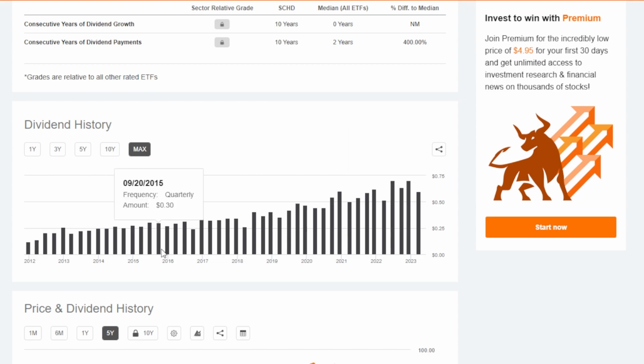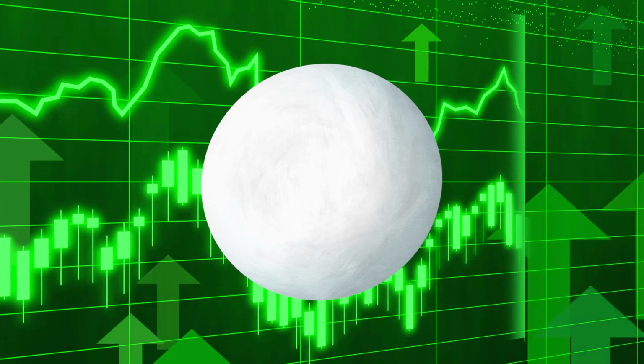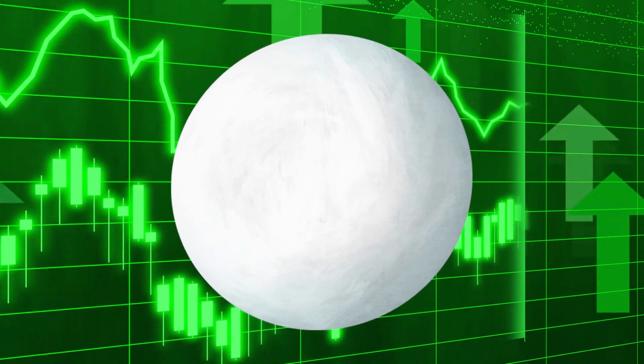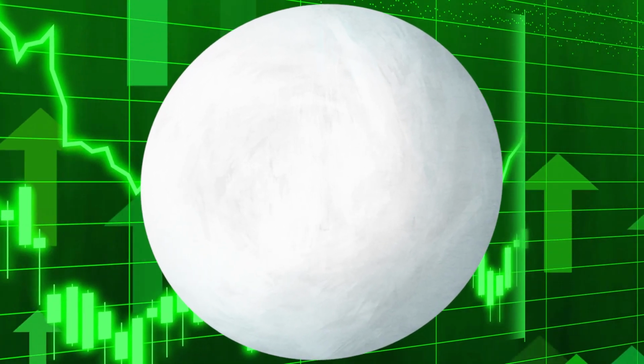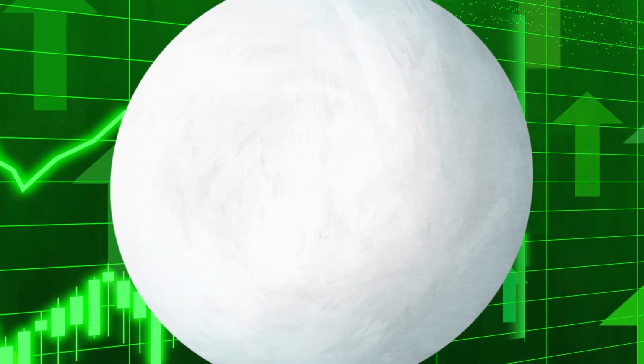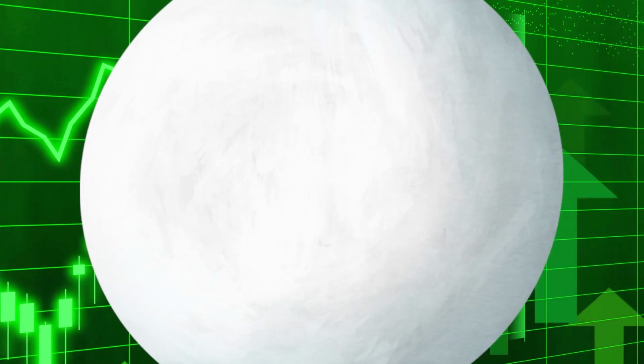So for all the investors that invested into SCHD just a few years back that were earning around 30-40 cents per share per quarter from SCHD are now earning just about double that. So now that we have an idea of what the dividend snowball effect is and one option of many of an investment vehicle to build this massive compounding dividend snowball, we now have all the information to plug into the